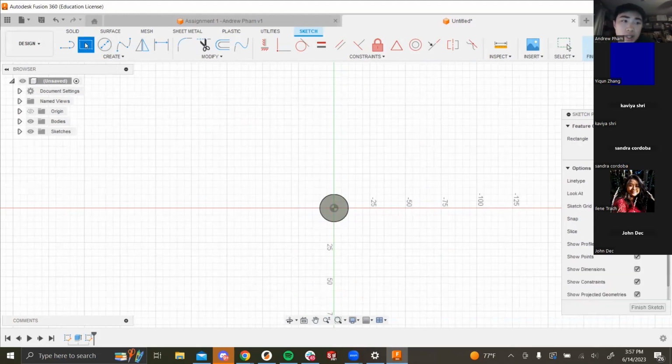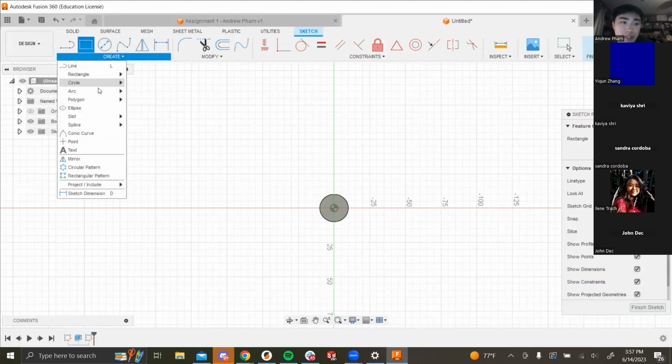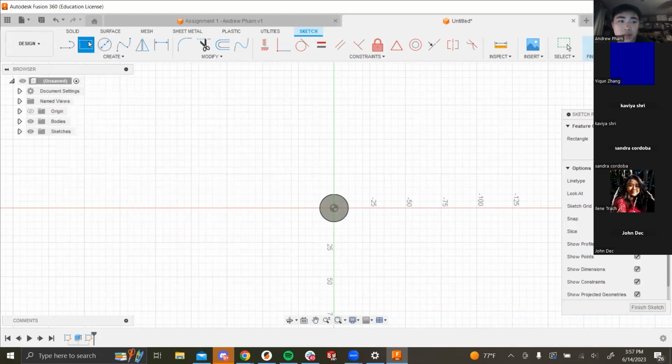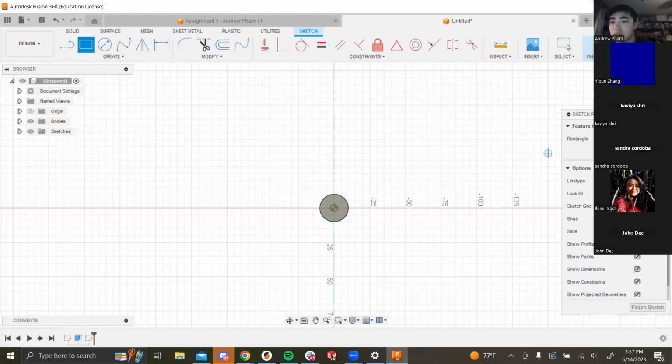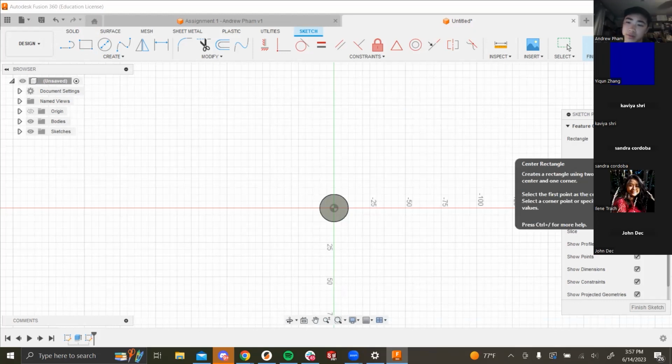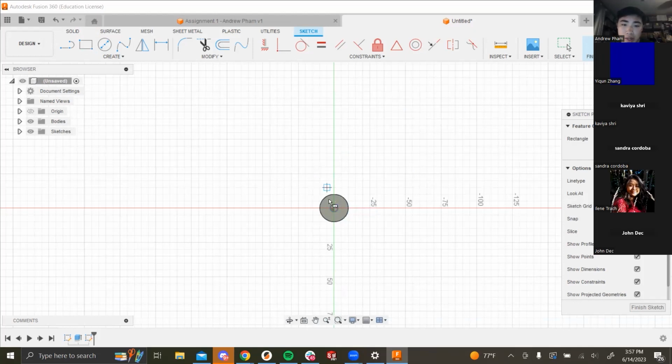There's multiple rectangle tools, and you'll see there's a bunch of other tools here, but here we're going to be using a different rectangle tool. There's a 3-point rectangle tool, and there's a center rectangle. This one is one of my favorites because you can specify where you want the center of the rectangle to be,